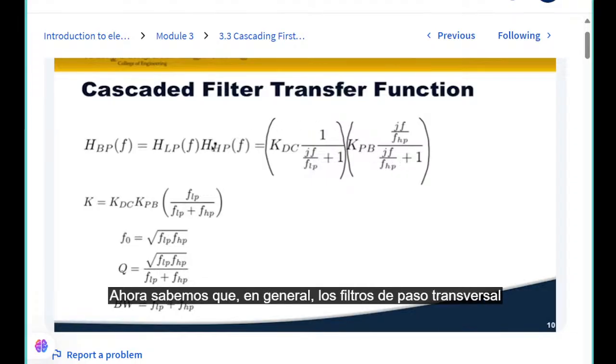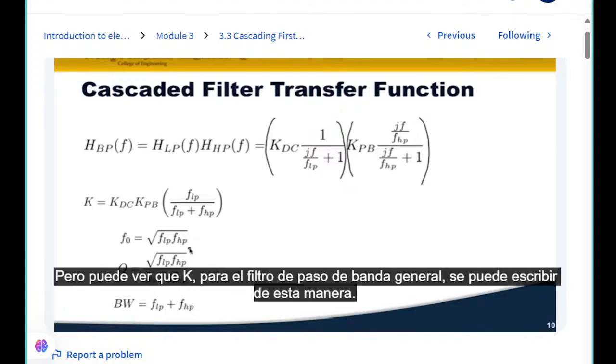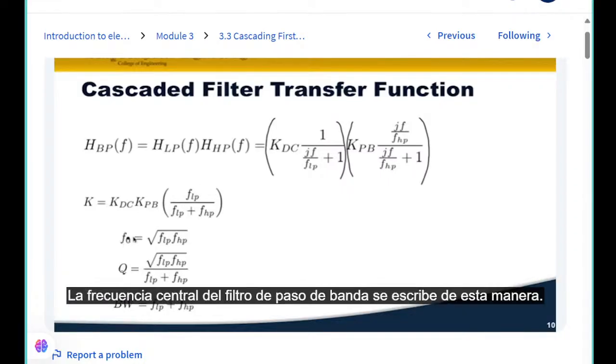Now we know that overall associated with this bandpass filter are three parameters, K, the resonance frequency or center frequency f0, and Q, the quality factor. And with some algebra and a little bit of manipulation, we can solve for those three parameters in terms of the individual filter parameters. And I have given you the results here. In an additional extra lesson in this module, I derived these from the algebraic expressions. But you can see that K for the overall bandpass filter can be written this way. The center frequency for the bandpass filter is written this way, and Q looks like this in terms of the